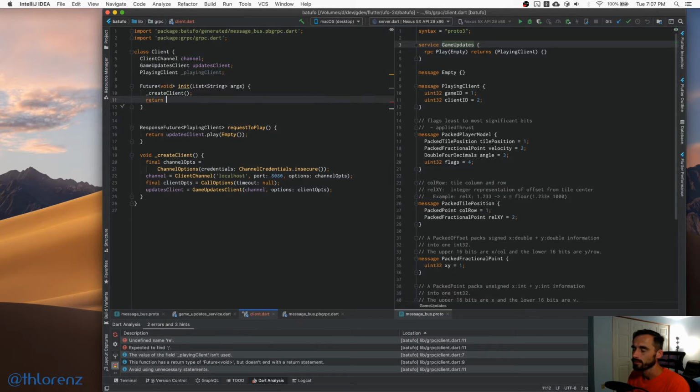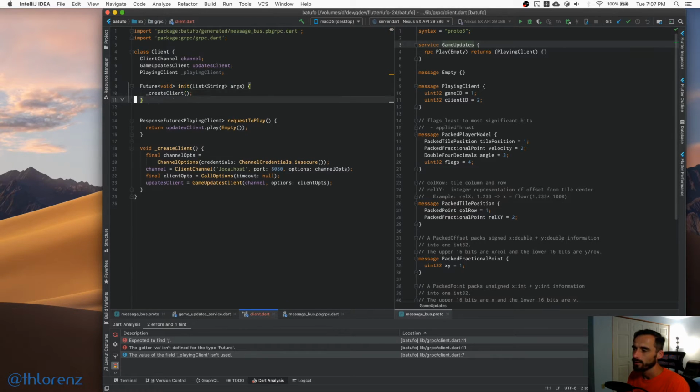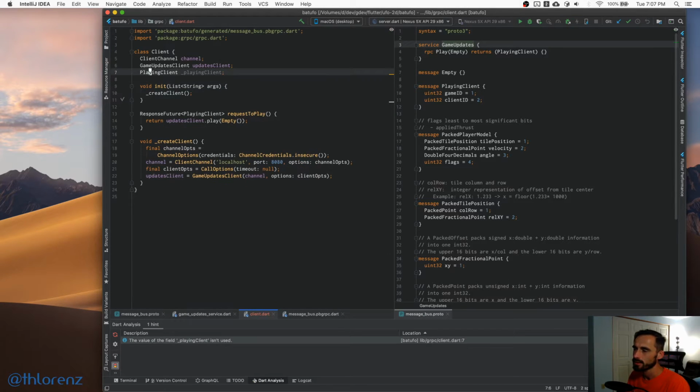I guess we need to return future value. Yeah, I don't know why this has to be actually an async function. We are not awaiting anything in here, so this can probably be just a normal function. This one is the one where we have to await. So basically,